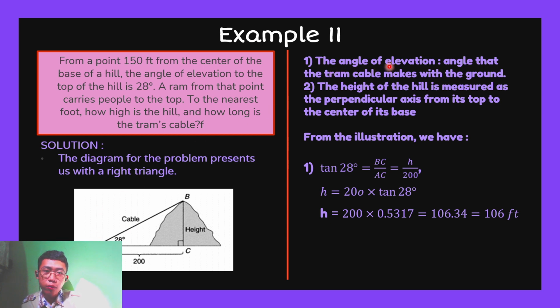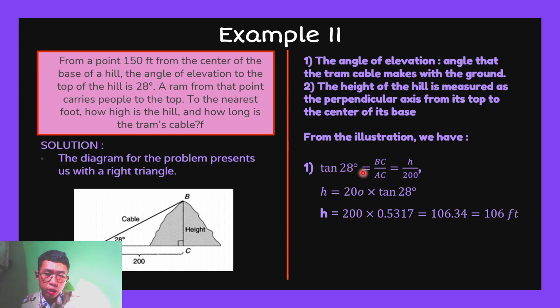First, the angle of elevation is the angle that the tram cable makes with the ground. Second, the height of the hill is measured as the perpendicular from its top to the center of its base. From the illustration, we have